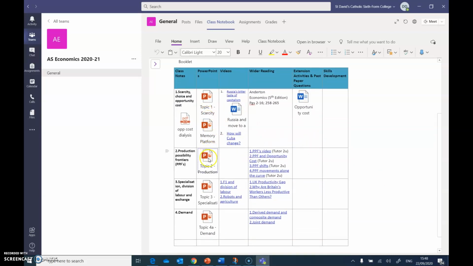So you have PowerPoints, you have related videos, some of which you've already used. You also have wider reading, and obviously this is going to be important moving forward. Now, on the last two columns, extension activities and past paper questions, I will be populating that considerably in the next week or two, and it's really important that you guys start to do more than just